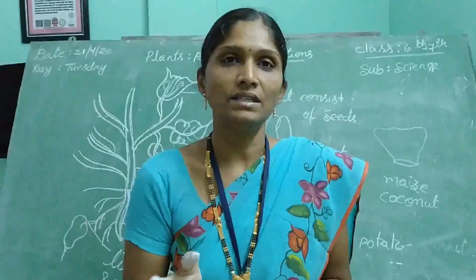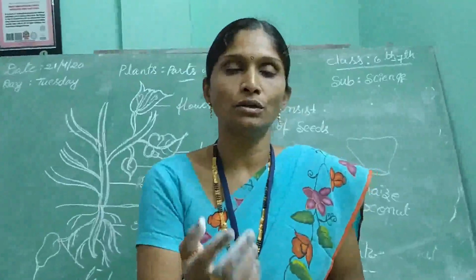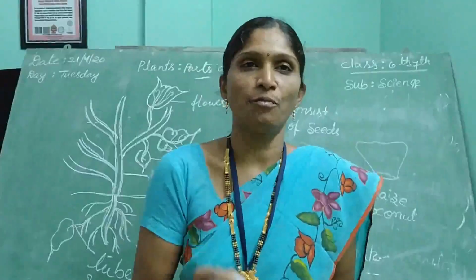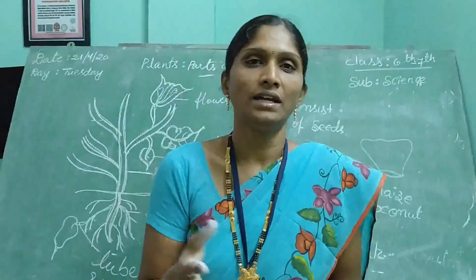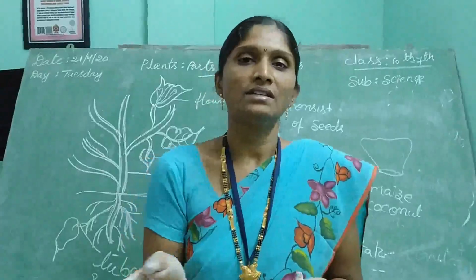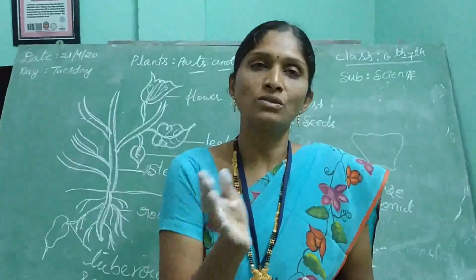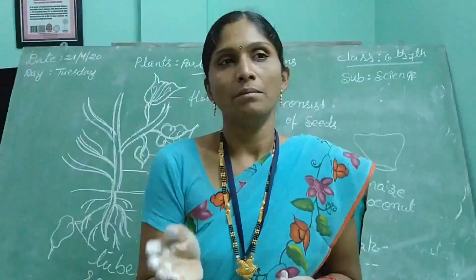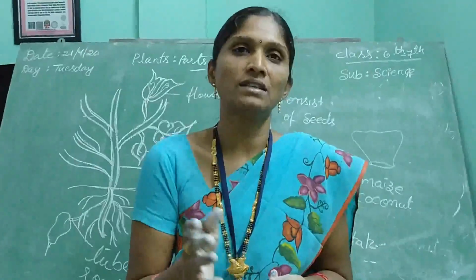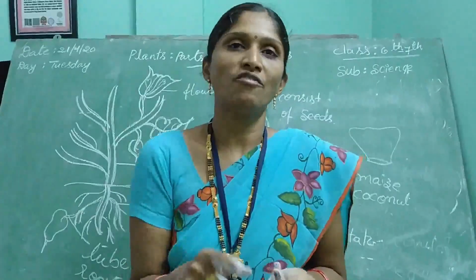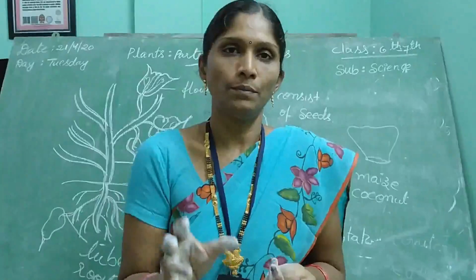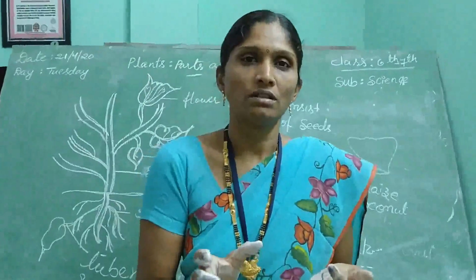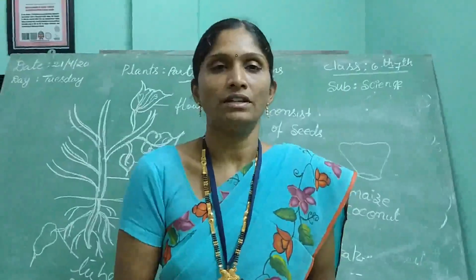The flower consists of a number of parts, which I already told you. A flower is used in the process of pollination and reproduction. Pollination means the transfer of pollen grains from stamens to stigma. The process of fusion of male and female gametes is known as reproduction. This helps to make fruits. The fruits help for further purposes.